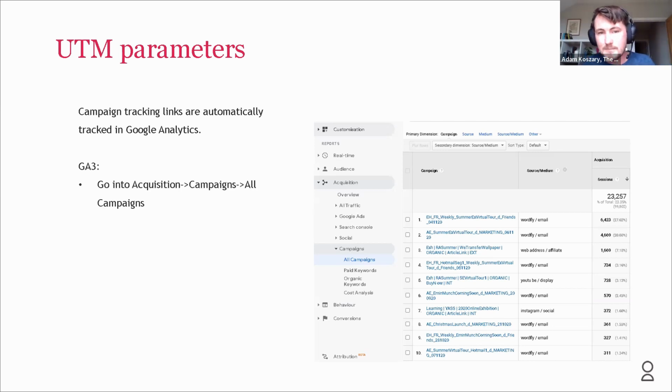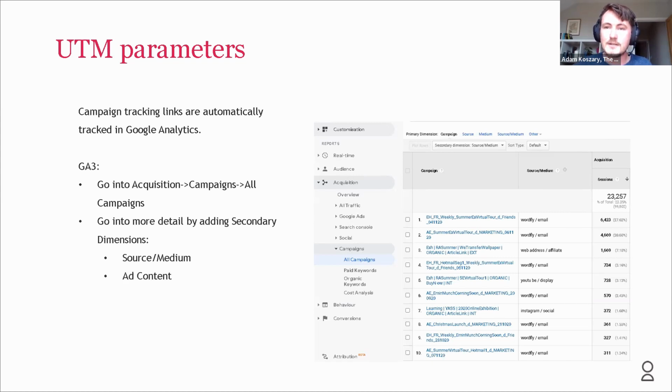In Google Analytics 3, you go into acquisition, campaigns, and all campaigns, but it won't tell you the source medium, and it won't tell you the campaign content term. So the extra detail that is, quote, most useful means you need to go in and add secondary dimensions for those links. And I'm just going to show you this in practice,